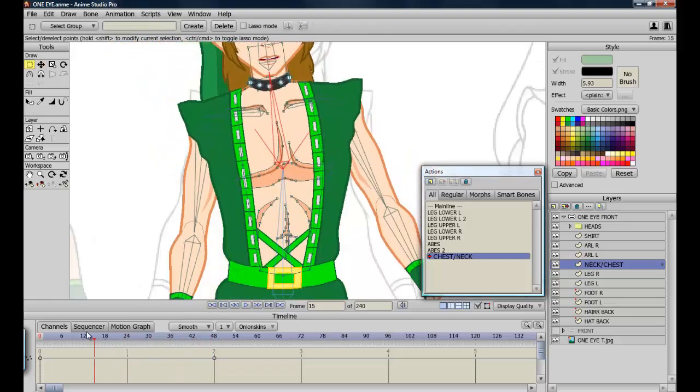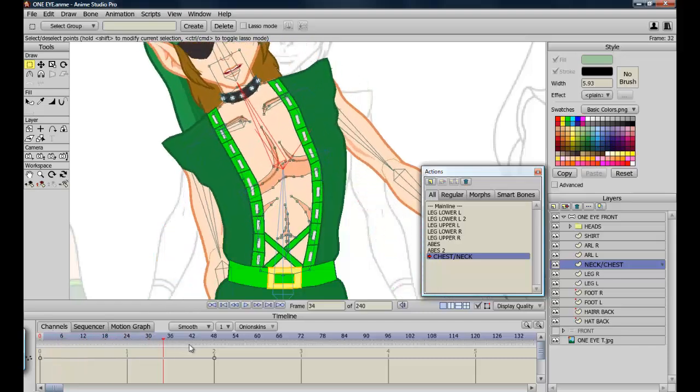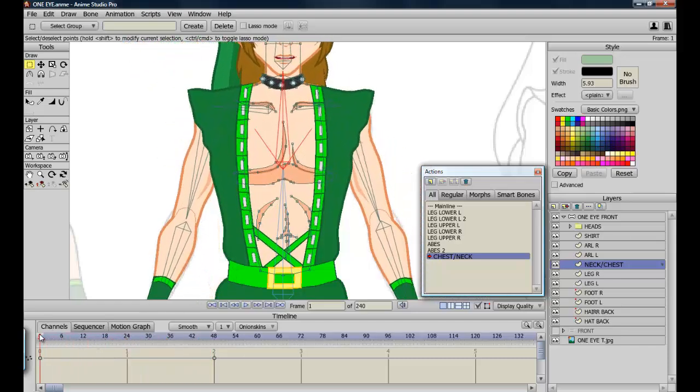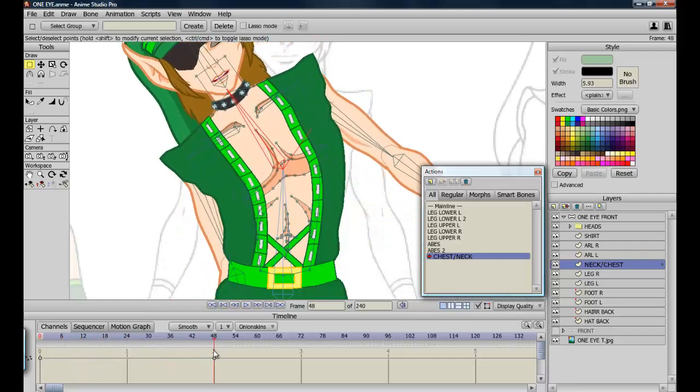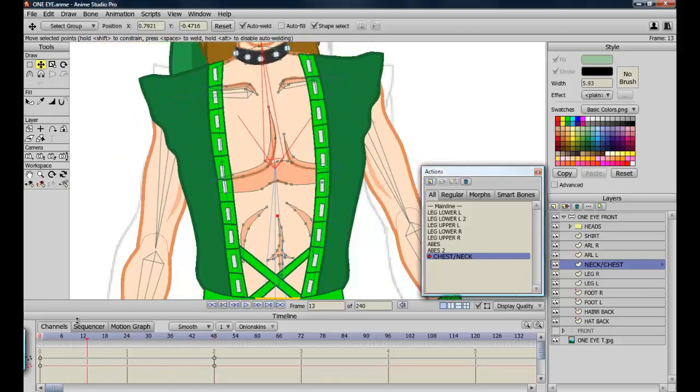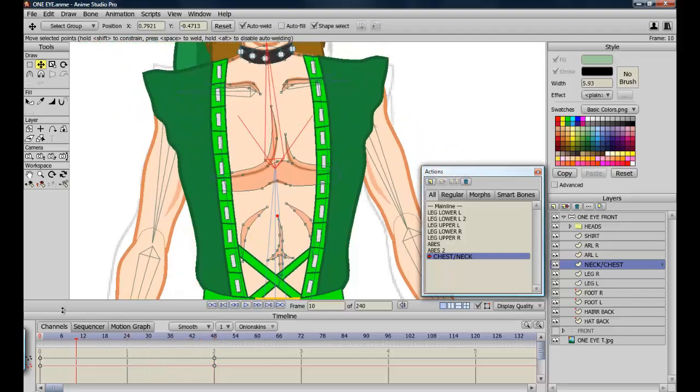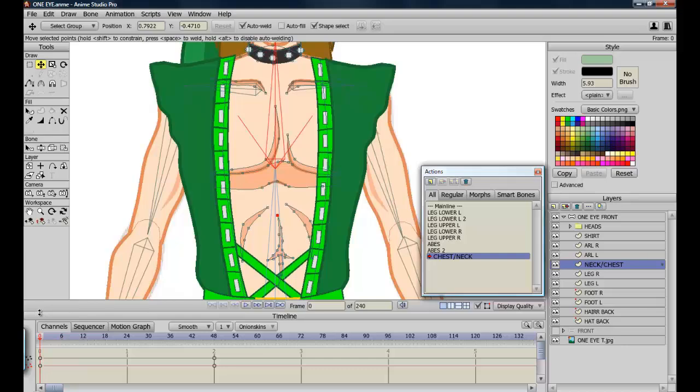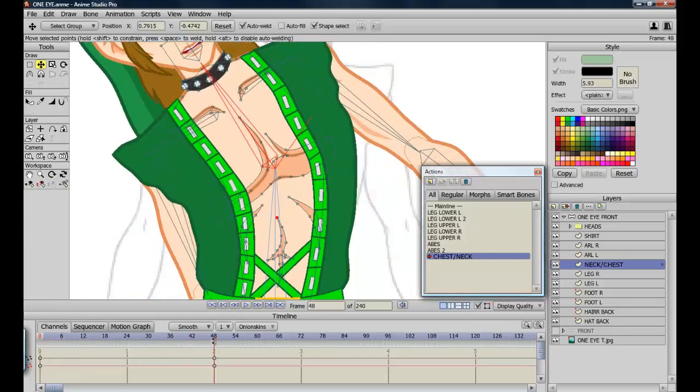Okay, check that movement. Move the points in his abdominals just a little bit more. Okay, I don't see any problems between frame 0 and frame 2 that needs me to add any points in between. So I'm going to come out of that action,